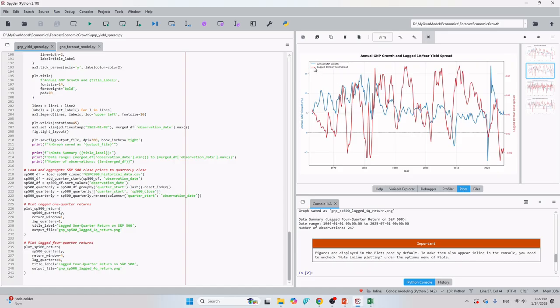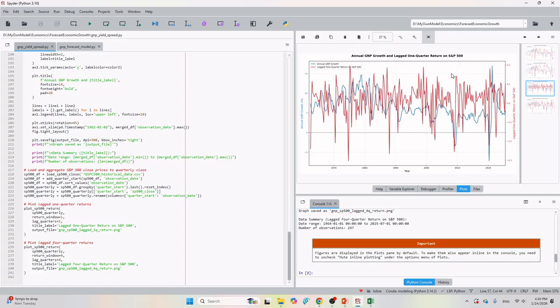We want to see the red line running ahead of this blue line. Here, maybe we can say it's running ahead. It can provide some prediction of this annual GNP growth.